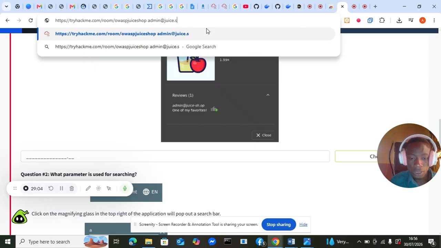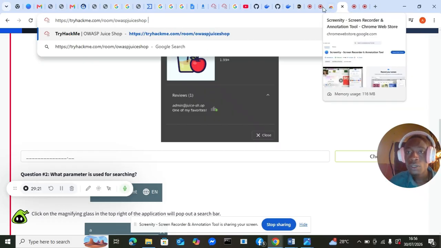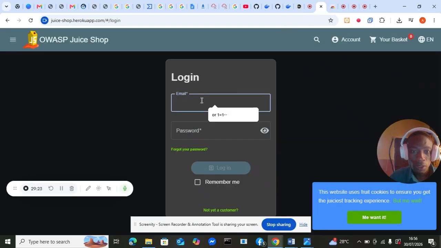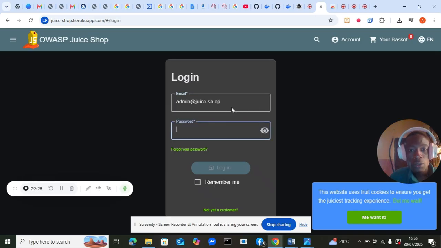So this SQL injection, what it does is that it... So for now, let's forget what they did with Burp Suite. We are just going to copy this particular code here and put it in the email section and in the password section, and then we'll be able to log into this particular website, and then I'm going to explain everything, right?